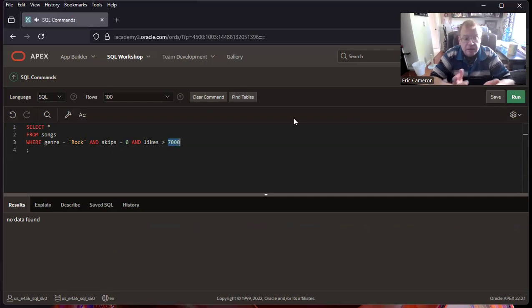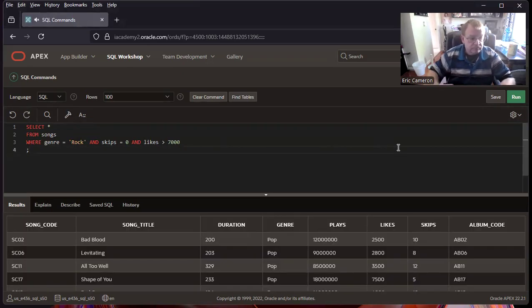Where things get a little more complicated, and maybe you've run across this in other programming languages, is when you start to bring ands and ors mixed together. And that certainly does happen. So let's look at another example where maybe the ands and ors get a little more confusing and may lead to inconsistent results. So I'm going to delete this,